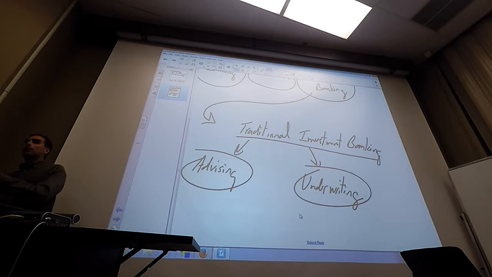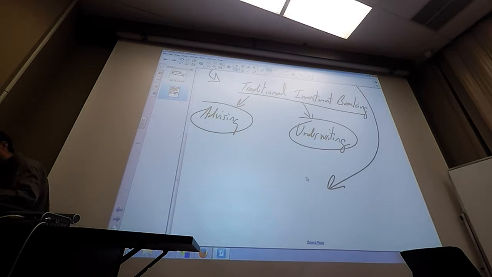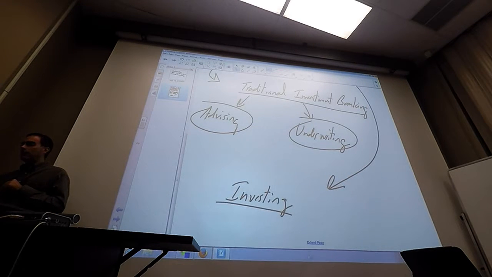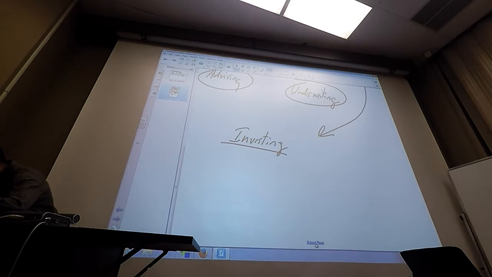And we'll come back in the rest of this week and next. We're going to be looking in much more detail at these activities. So that'd be one side of investment banking. And then the other side is probably more what we would call investing rather than investment banking. Now, a lot of investment banks do both investment banking and investing. And so, again, the distinction is going to be subtle sometimes, and we'll be talking about that for the next couple of classes.